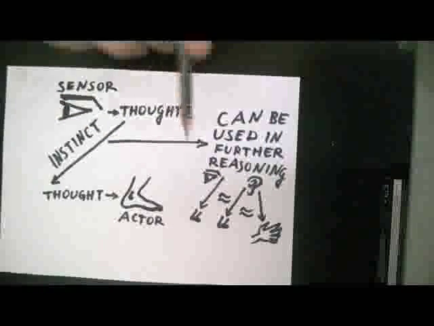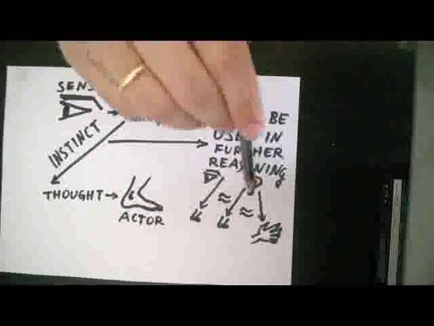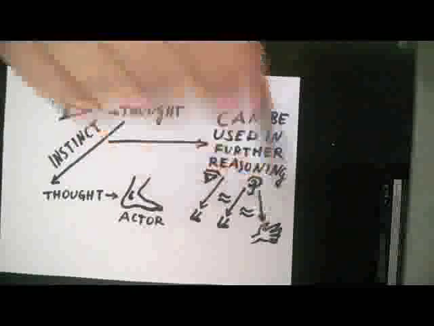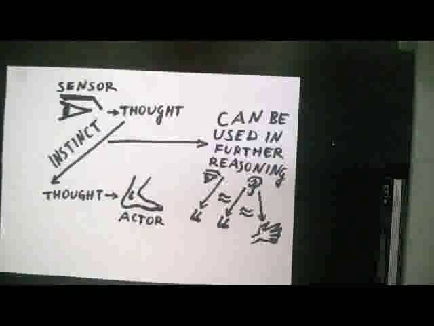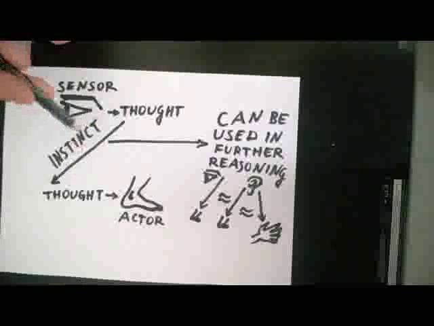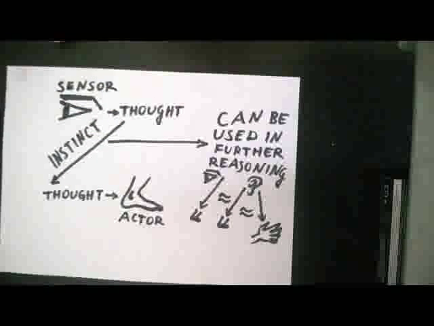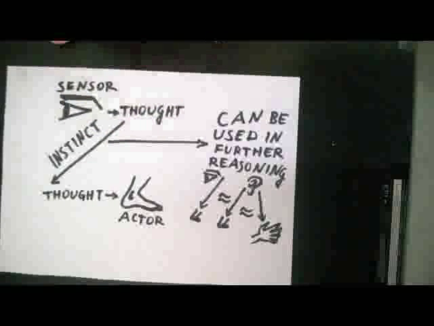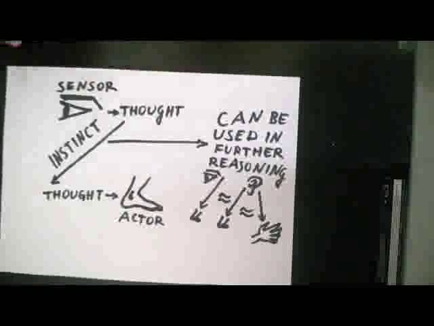For instance, you see your kid, you go to your kid. You hear your kid, you still go to your kid. You go to your kid and you take your kid on your arm. So, by having an instinct, you can actually, through further reasoning, create new connections between perception and action, which before that were unavailable to the system.